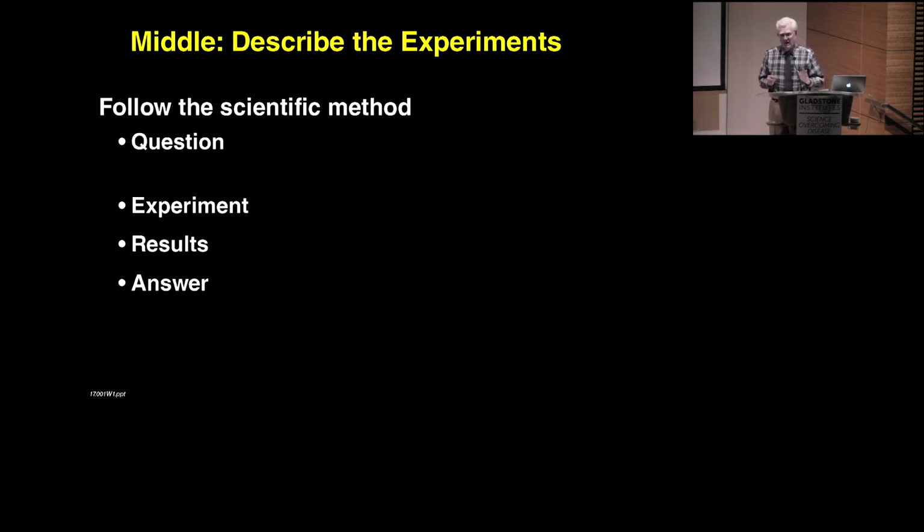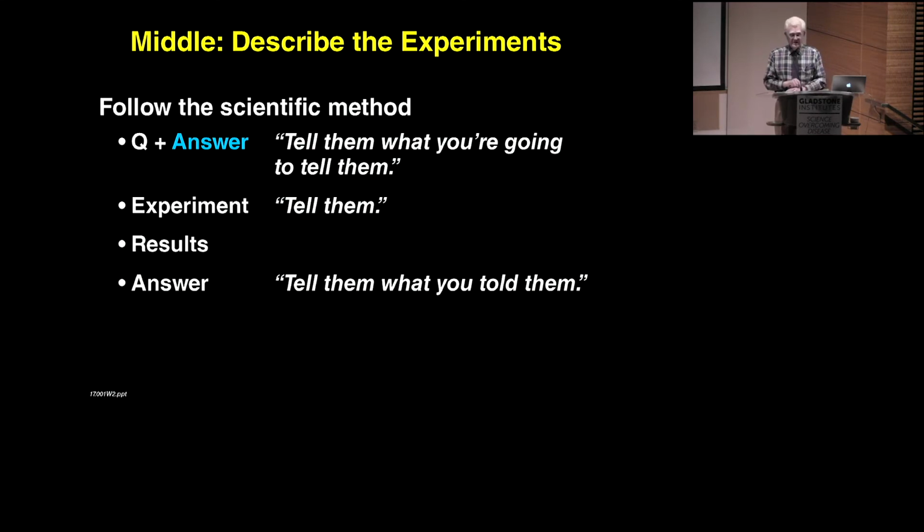Each experimental set of data needs to be introduced, each experiment, if you will. And we follow, as you know, the scientific method. And so there is a question or a hypothesis that's stated. Then we show the experiment, maybe this is the methods, and then the results, and then we give the answer to the question. But I would like to suggest a twist